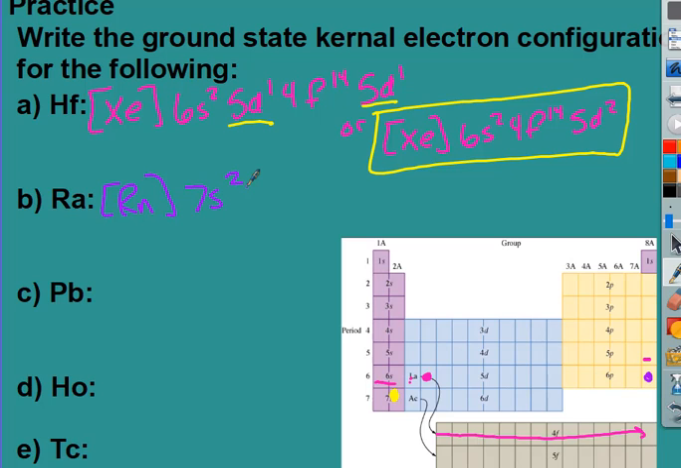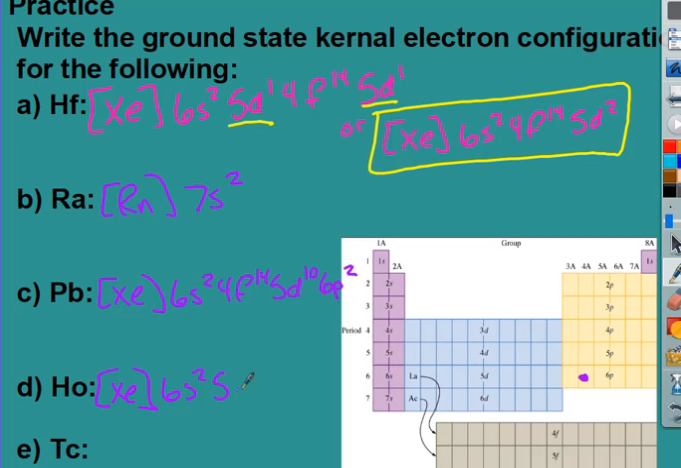Go ahead and pause the video and try lead, HO, and TC on your own. So for lead, you should have gotten xenon, 6s2, 4f14, 5d10, 6p2, since lead is right there. Make sure that you have those f's in there. Remember that you could have also said 5d1 and 5d9, as long as you have your 10 d's and your 14 f's. HO was number 67, so you should have had xenon,